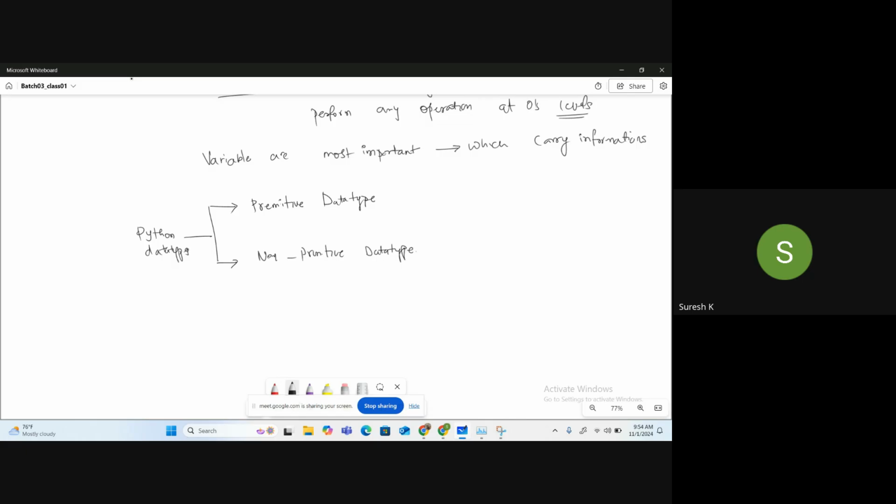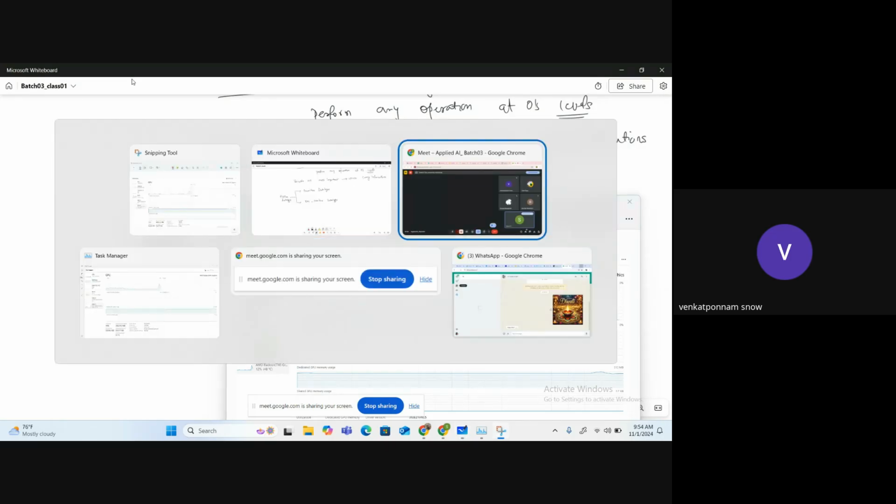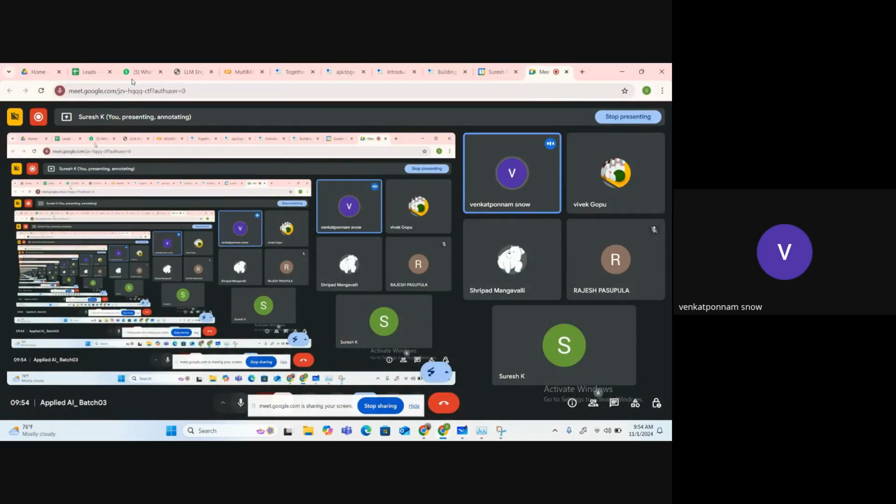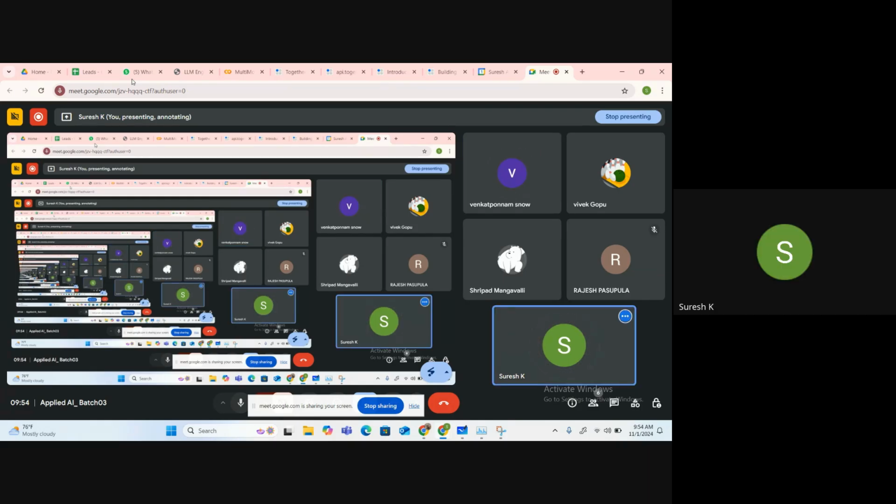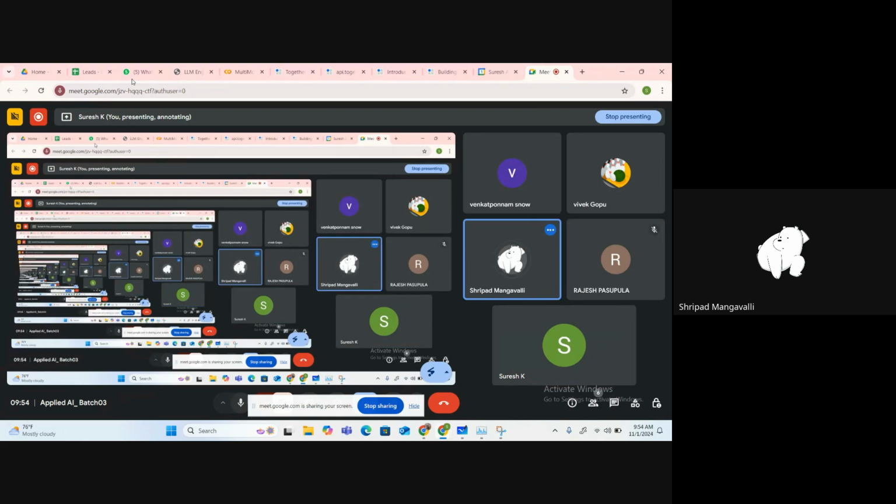Venkat, any idea? Sripad, any idea? Primitive represents some single element. Yes, I was about to say the same thing.